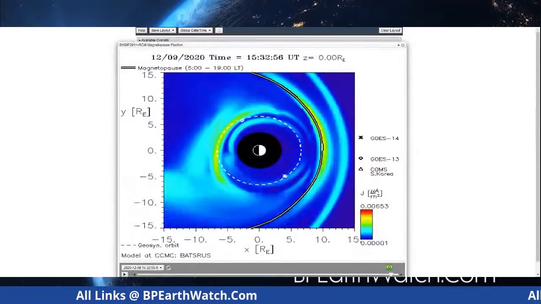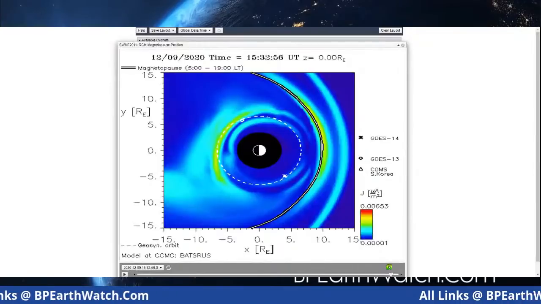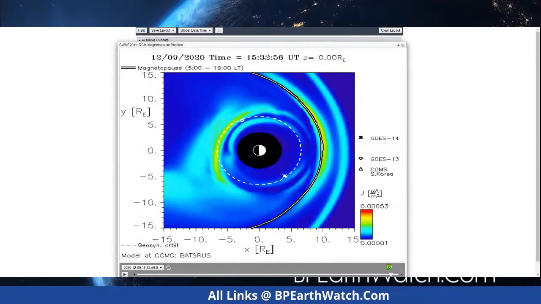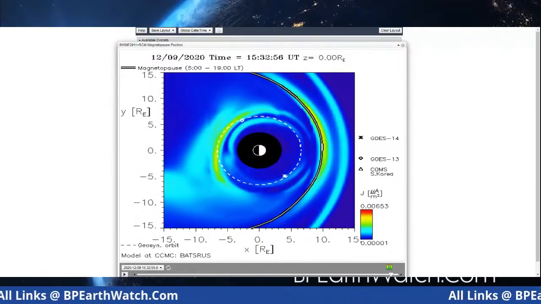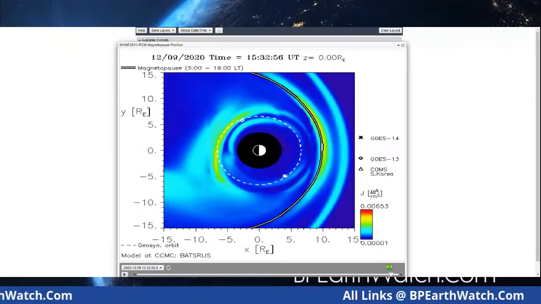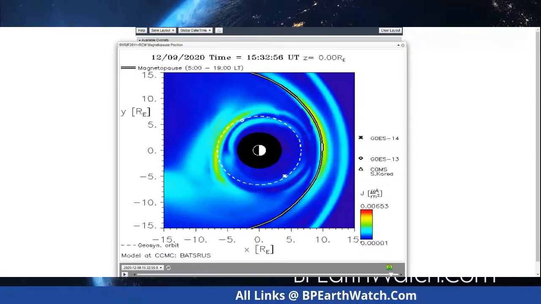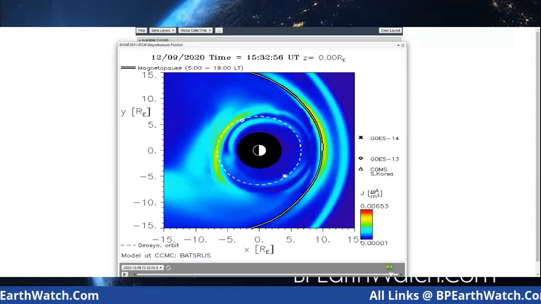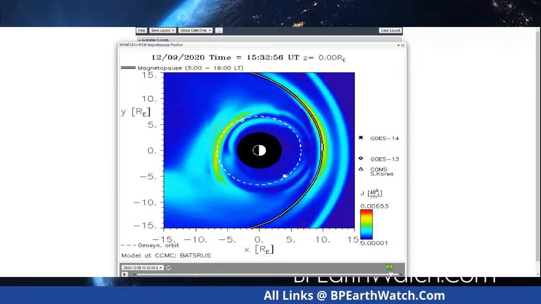Now, this is real time in the sense that it's not a model, and what you're looking at is the shields around our planet. A lot of you have seen this before, but I want to explain it. And right in the center of this, where you have a circle that's half white and half dark, that is our planet. The white side indicates the direction of the sun, daylight.